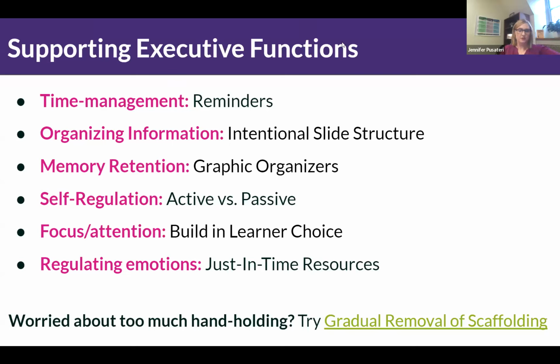So I want to pause for just a second. I'm going to stop sharing my screen. I'd love to know if you all have anything that you've used that works really well for supporting students who are neurodivergent. Possibly you are neurodivergent yourself, things that work really well for supporting your executive functions. We'll give just a minute or two if anybody wants to add anything in the chat box. If you're brave enough to unmute in a large group like this, feel free to unmute and share out loud. What are things that help students who are neurodivergent, or yourself possibly, with executive functioning?